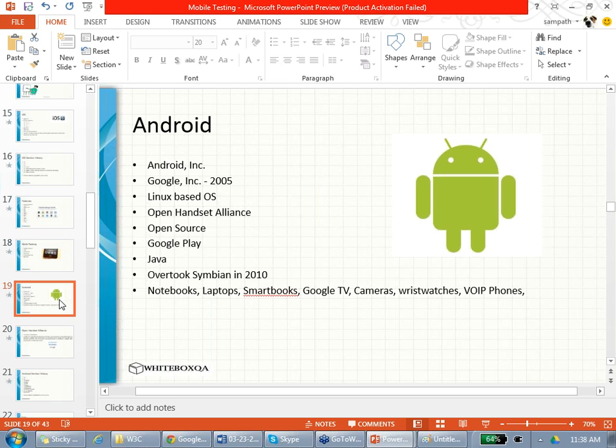Even TVs like Samsung and LG are coming up with Android inside nowadays. Cameras like Canon DSLR cameras will come with Android soon. Wristwatches, VoIP phones, tomorrow Vonage might have Android on its device too. It will come everywhere.